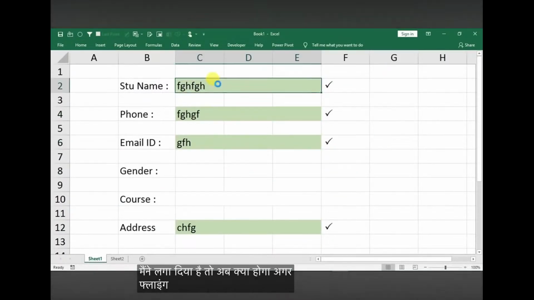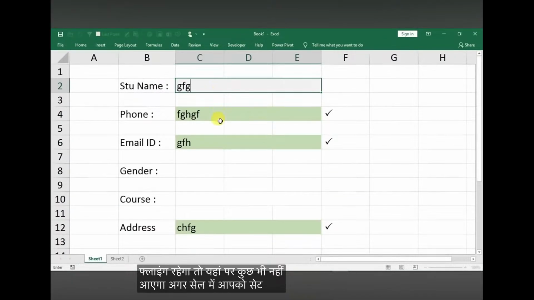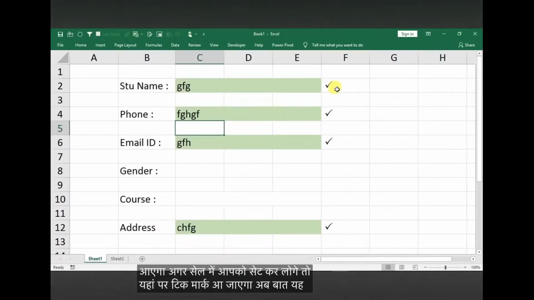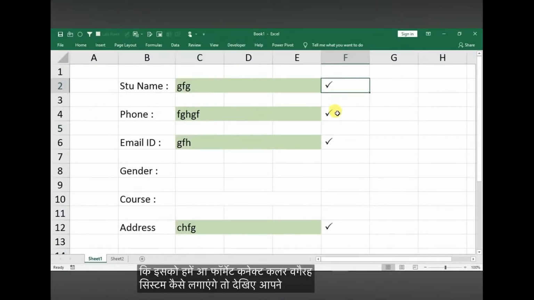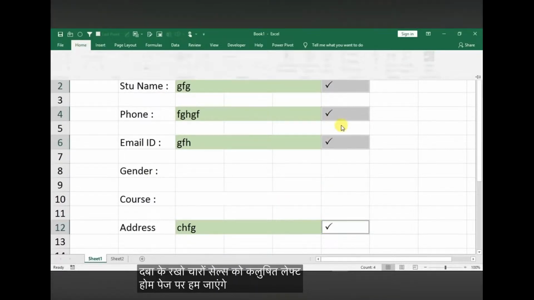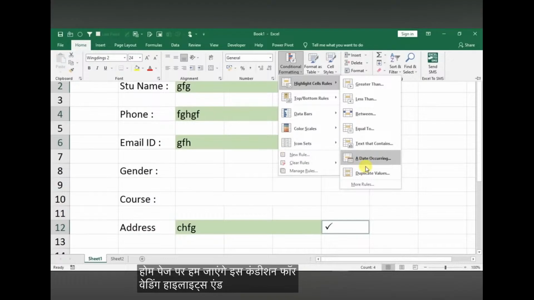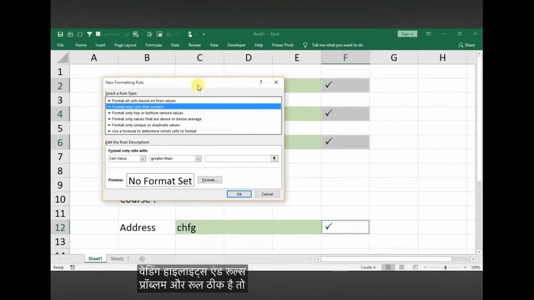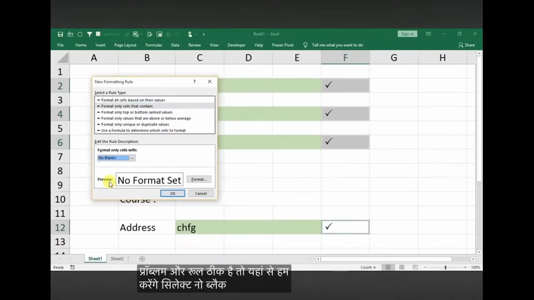तो अब क्या होगा, अगर सेल ब्लैंक रहेगा तो यहाँ पे कुछ भी नहीं आएगा, अगर सेल में आप कुछ टाइप कर लोगे तो यहाँ पे टिक मार्क आ जाएगा। अब बात यह है कि इसको हमें फॉर्मेट करना है, कलर वगैरह इस पर हम कैसे लगाएंगे। तो देखिए आपने फिर से चारों सेल्स सिलेक्ट कर लेने, कंट्रोल की दबा के रखो, चारों सेल्स को सिलेक्ट कर लो, होम टैब पे हम जाएंगे, कंडीशनल फॉर्मेटिंग, हाईलाइट सेल रूल्स और मोर रूल्स। ठीक है, तो यहां से हम नो ब्लैंक्स सिलेक्ट करेंगे, कि अगर ये जो सेल है ये ब्लैंक नहीं है, इनमें टिक मार्क है, तो क्या फॉर्मेट आपको लगाना है। तो फॉर्मेट पे हम जाएंगे